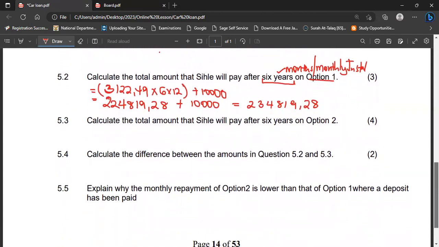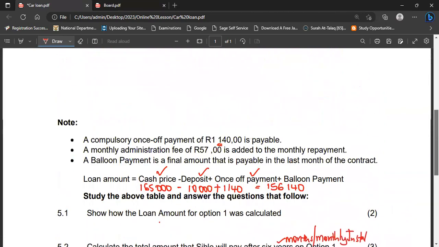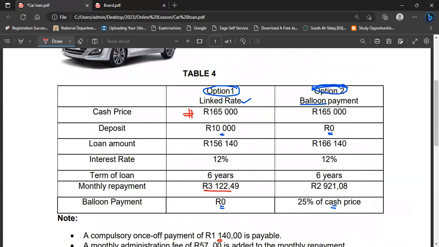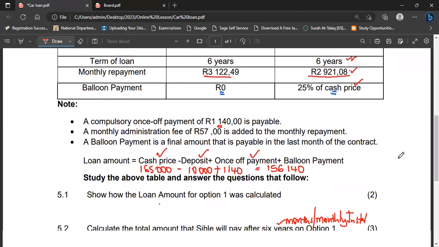Calculate the total amount that they will pay in option 2. So in option 2, these are the things he is going to pay for. Interest, don't mind about the interest. Why? It's already in the monthly. How long is the loan? 6 years. And here's the balloon also. Remember, he never had any deposit. So we shall come down and say,